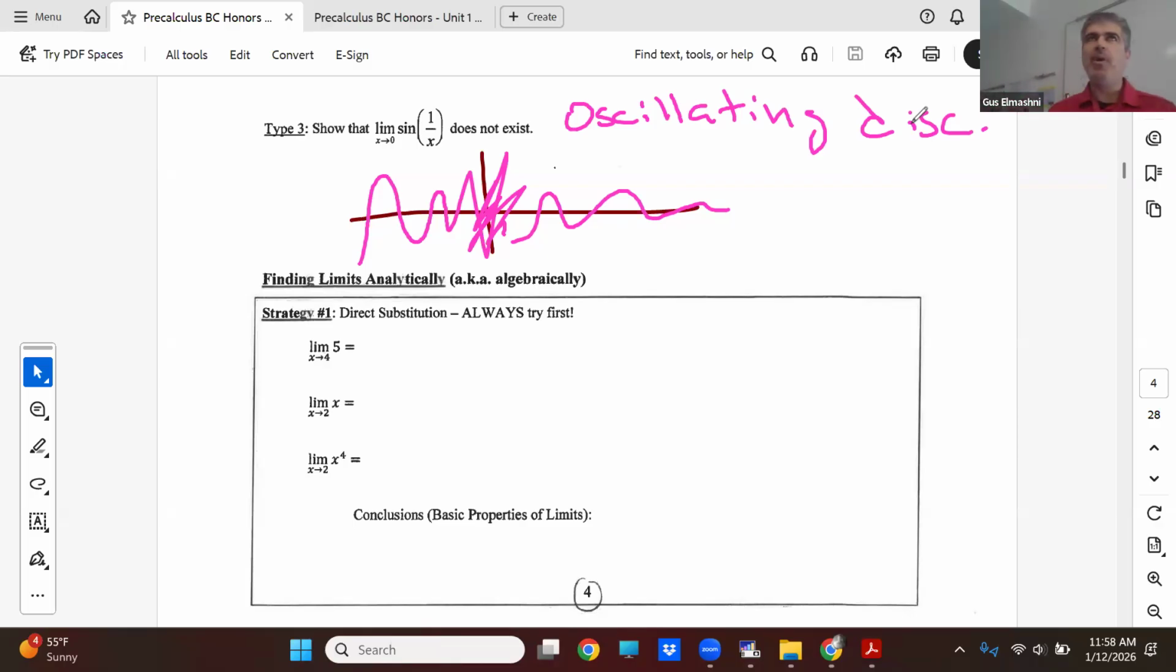Because if you plug in 0.1, you have sine of 10, which is going to be in the fourth cycle, I think. But if I do 0.01, which is not that far from 0.1, then I'm doing sine of 100, which I don't know where that is in the cycle. And we know it goes back and forth. So it basically goes crazy,